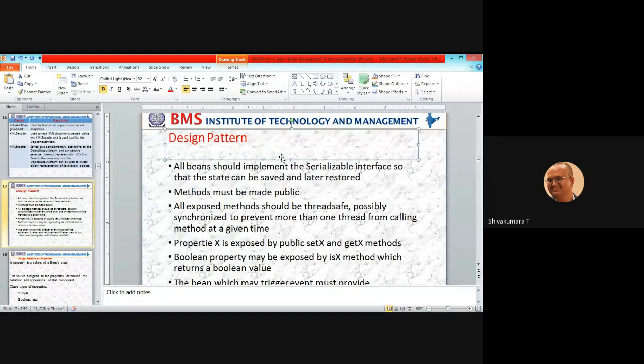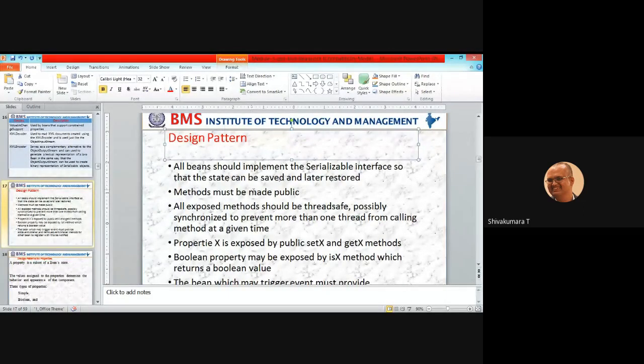A design pattern gives the outline of a reusable software component, instead of everyone starting from scratch and developing as they desire, which is not required at all. They have given a framework for designing Java Bean reusable components. That is called a design pattern. In the current semester, we are learning OMD, object oriented modeling and design, so you are learning many design patterns there. Design pattern is nothing but a framework for building Java Beans here in this context.